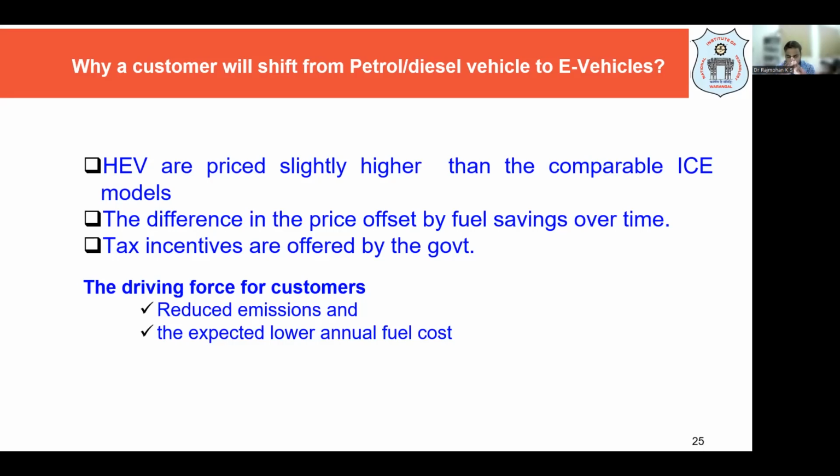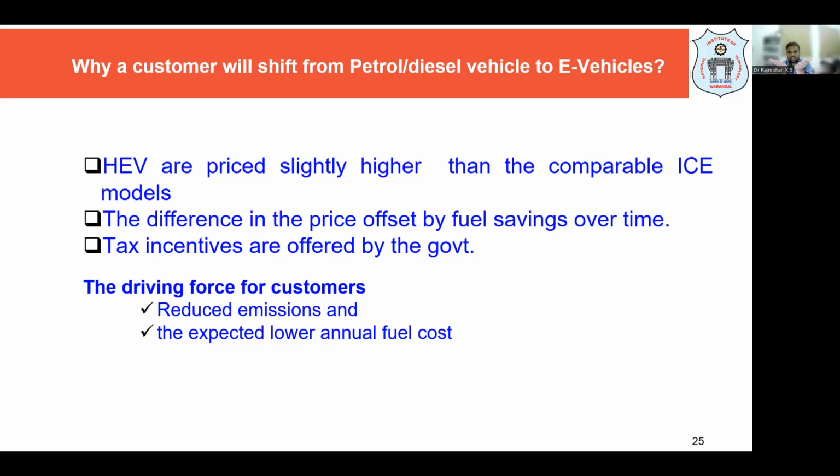So now let us look into why a customer has to move from a petrol vehicle or diesel vehicle towards e-vehicles, particularly battery-based vehicles, hybrid vehicles, or even fuel cell-based vehicles. Currently, my diesel car or petrol car is cheaper in comparison to hydrogen fuel cell cars. Then why will I go for that one? Why should I be more concerned about these greenhouse gas emissions? So the customer should have a choice, and the cost should be comparable. If there is more than a 10% difference, why would I be more concerned about the